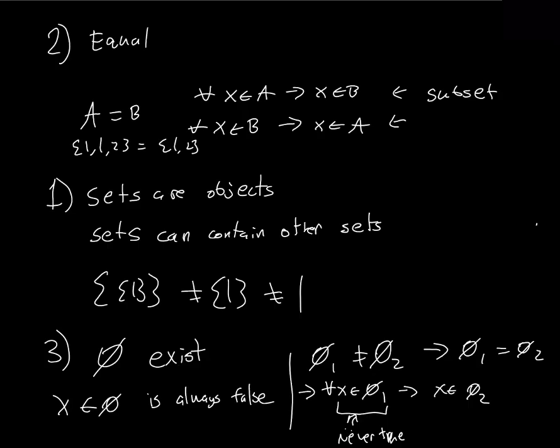That means that if there are two sets that claim to be the empty set, they were just the empty set in disguise. Now we can go on to our first lemma. Our first lemma is the lemma of single choice. Next video, we're going to generalize this to finite choice. And later, in chapter 8, we're going to generalize that to the axiom of choice.